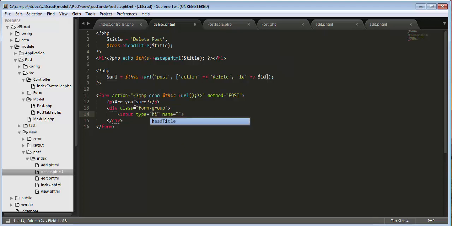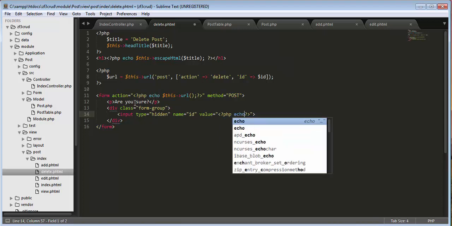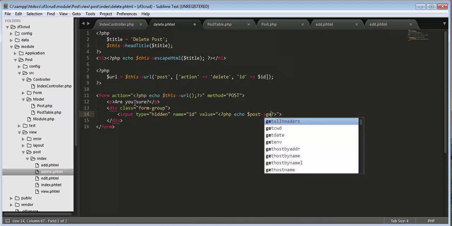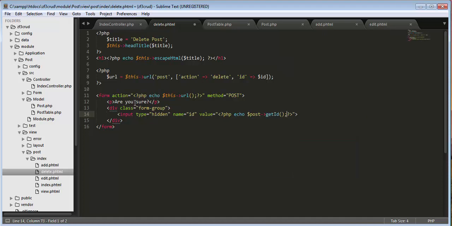Okay, and then name, the ID, value, then go $post of get ID. Okay, and then I will create another input field, and this input field will be of type submit,